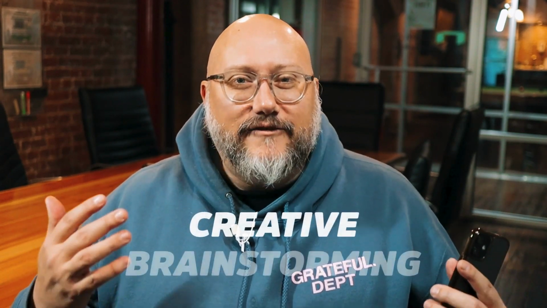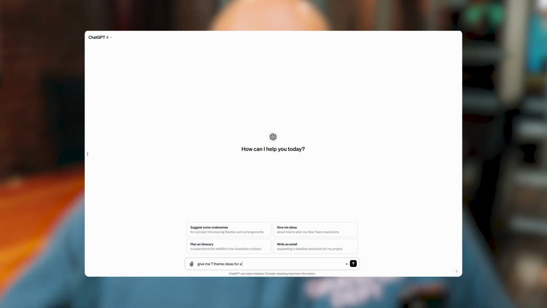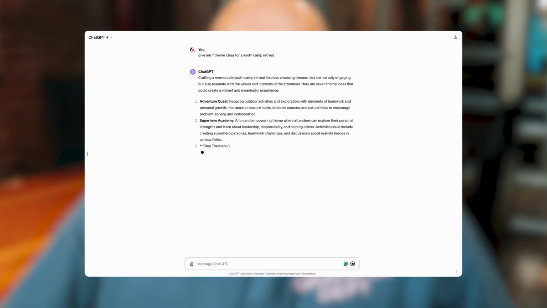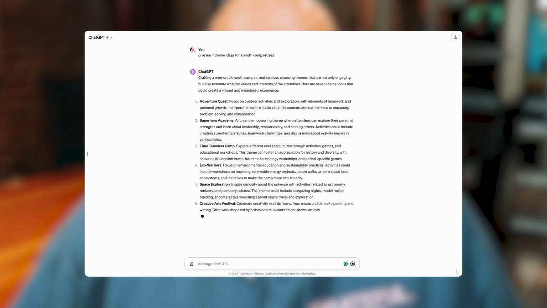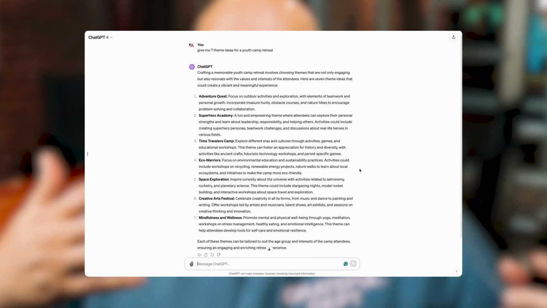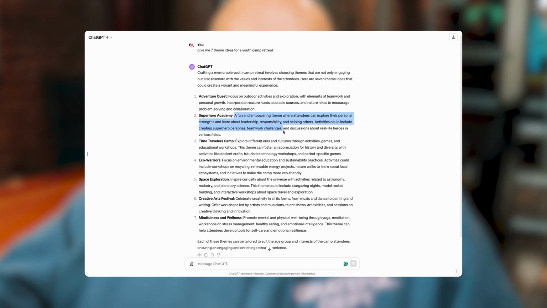And the third way that I believe ChatGPT can be a great resource to our church is around creative brainstorming, creative ideation. So when you're thinking about maybe what should we name our upcoming youth retreat, if we want to give it a theme, well, talk about maybe what are some of the things that you want to be talking about, and it can give you some really great ideas. Or as you think about, as I talked about with the sermon preparation, if you're looking for a creative sermon series name or even Easter theme, as you're working through that creative process, ChatGPT can be another great creative brain